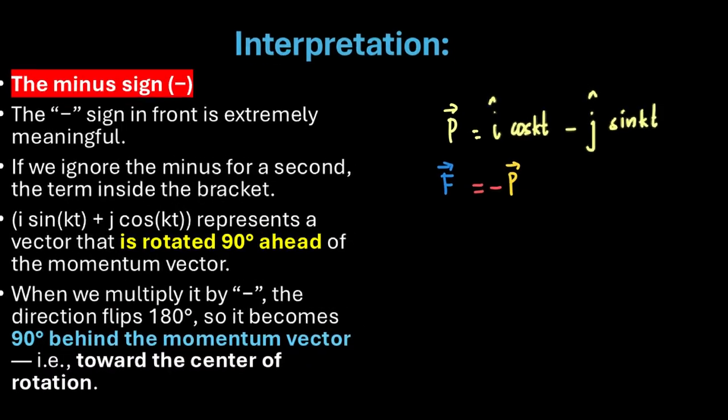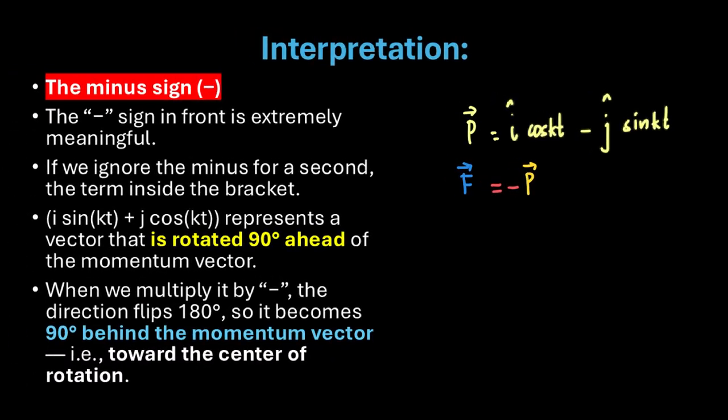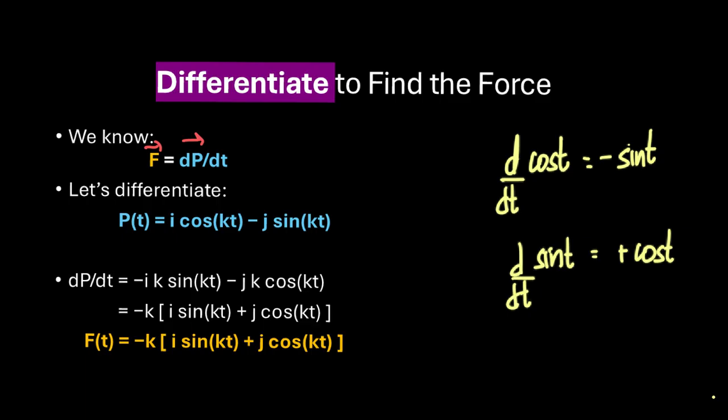Now, the interpretation here. First, let us talk about the minus sign. The negative sign in front of this is extremely meaningful. You might be wondering what's so meaningful about a minor minus sign. Well, that's where the concept becomes really important. Why? Because if we ignore this minus for a second, the term inside the bracket, which is i sin kt plus j cos kt,